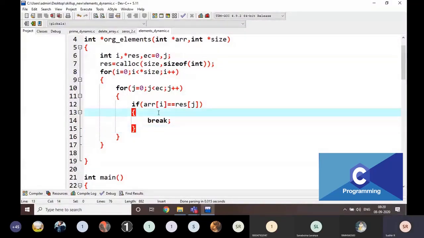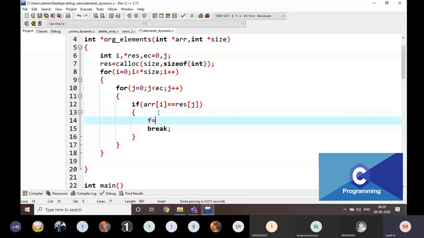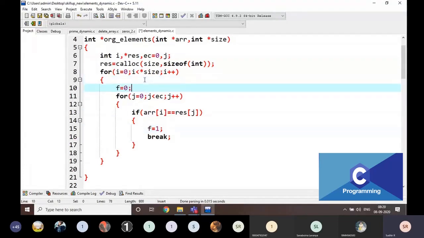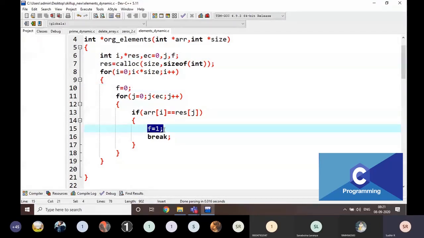I am going to take one more variable, that is flag. Flag is equal to 0 here. For every element I am going to take flag as 0, and if the element is already present, then I am going to write flag is equal to 1.